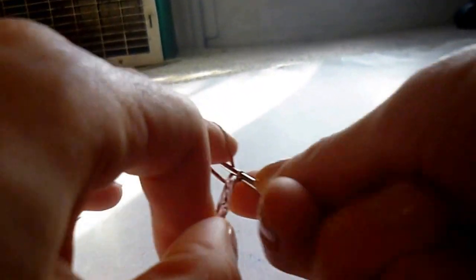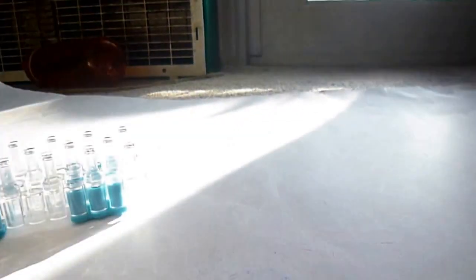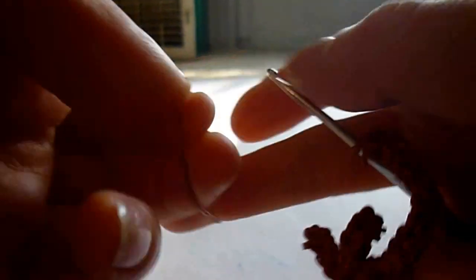7. 8. 9, 10, and 11. Now the longer this gets, the floppier it's going to be, and if you find it's a little too hard to control,